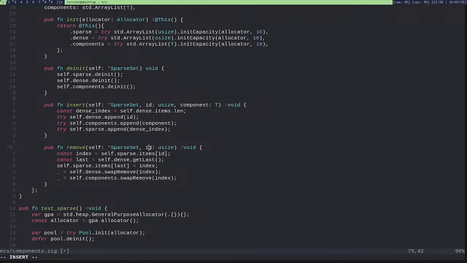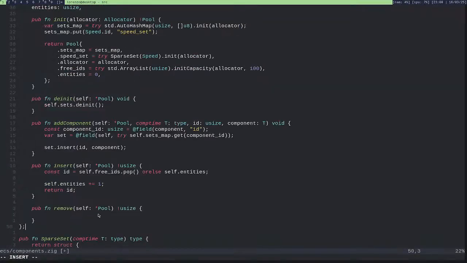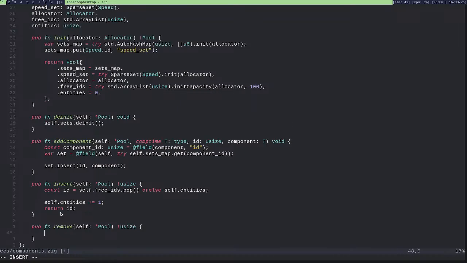And I can just call this, but I need to know which components have this entity. And the only way to know this is basically to iterate over every component.